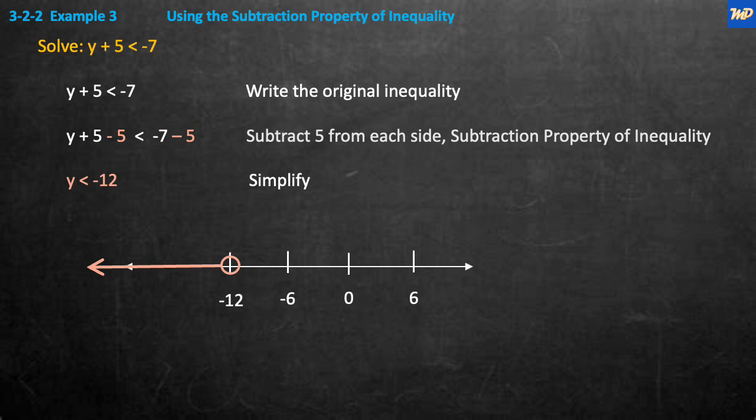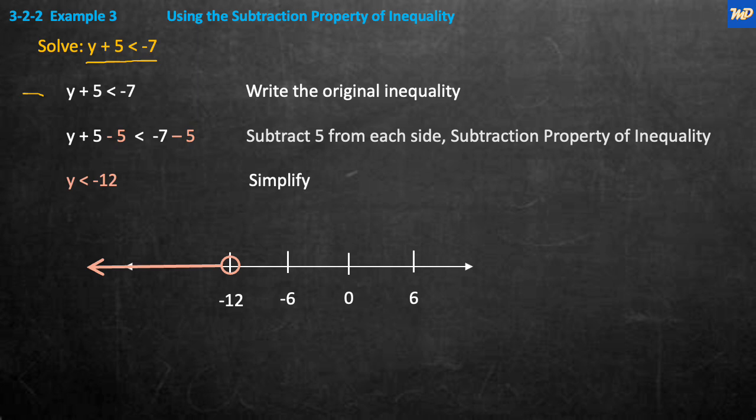Okay, example 3, using the subtraction property of inequality. Solve y plus 5 is less than -7. So rewrite the inequality: y plus 5 is less than -7. Okay, then we're going to say that we're going to